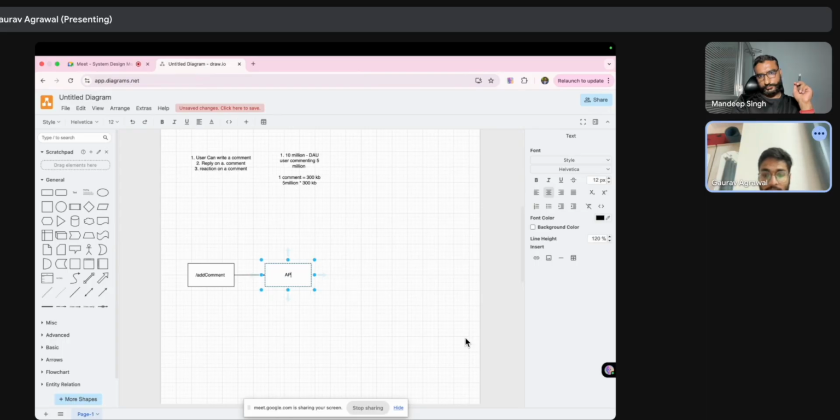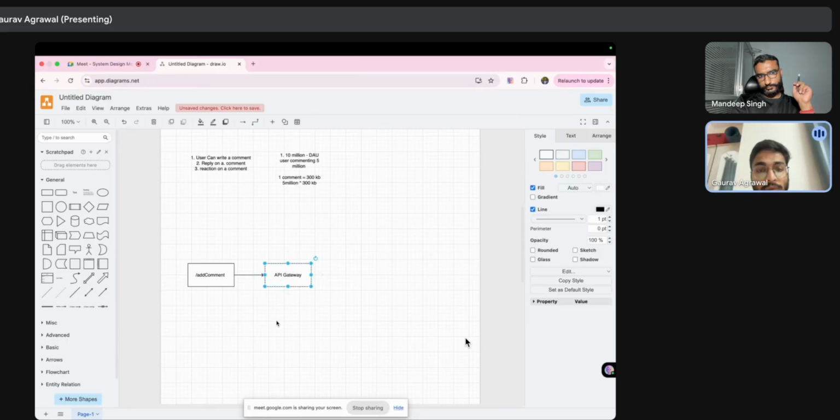Then it will be connected with the API gateway. The API gateway is going to work as a routing part, routing this API call to a server which is going to handle it.